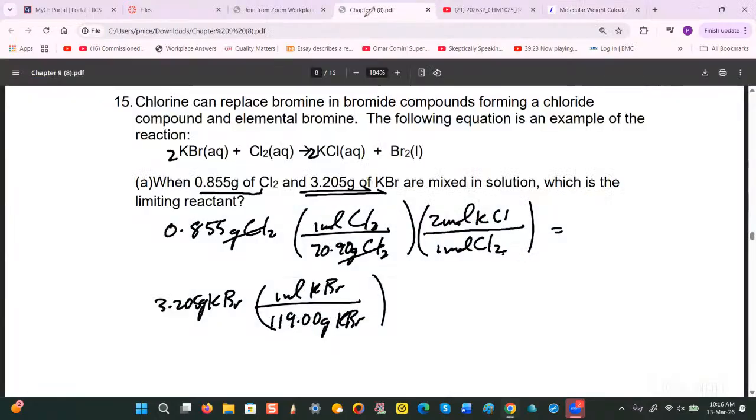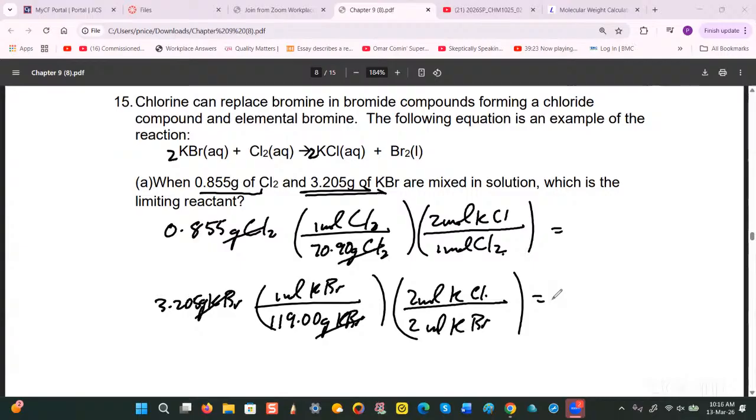Okay. So the next step, well, before that, this will cancel out with that. And then the next step, I will look at the mole ratio between the KCl and KBr, right? And it's going to be a 2-to-2 mole ratio. So 2 moles of KCl above as a numerator and 2 moles of KBr below as a denominator. And then we do the calculation,